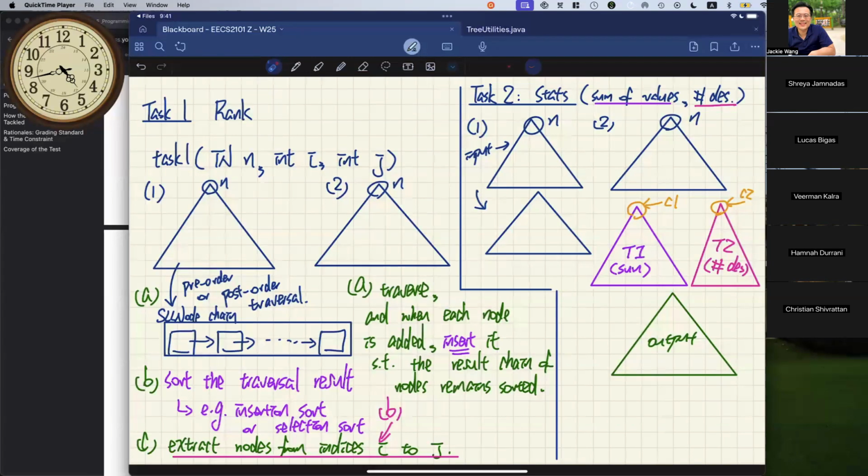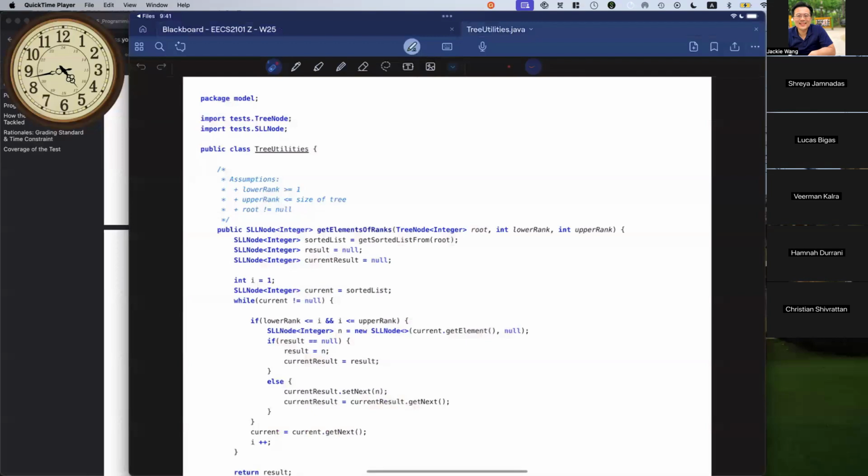Okay, so let's now take a look at the solution very quickly. I don't want to drag everybody too long, so let's see if we can do this within 10 or 15 minutes. The solution is already given to you. You can download it and take a look, and also for the practice test. I may not touch that today because I think you should really give it a try and then look at the solution.